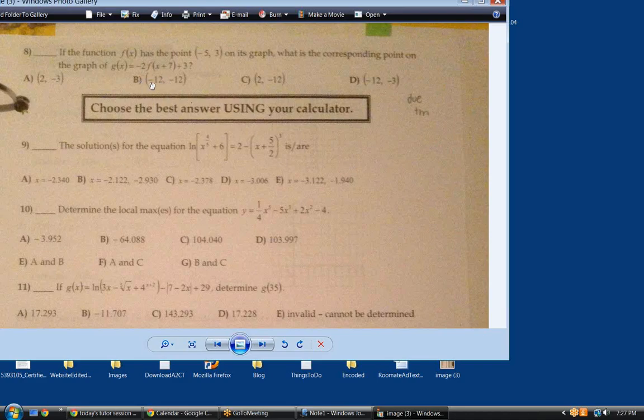Which do you think is our x-coordinate going to be, 2 or minus 12? Because it's one or the other, right? Yeah, I think it's minus 12. Well, if we take the minus 5 and we add 7 to it, we get 2. But wouldn't it be a vertical shift? But then,